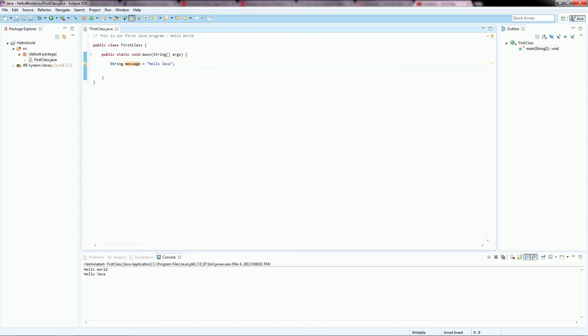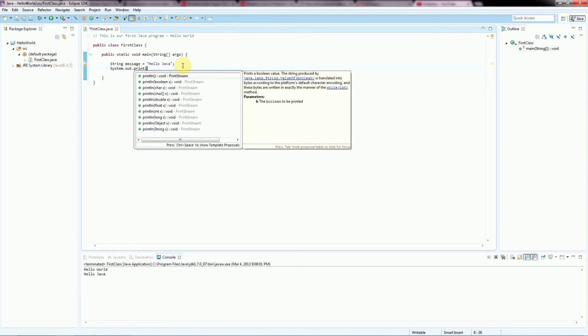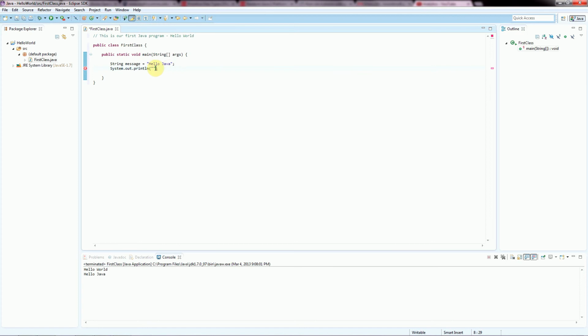So now on the next line, we want to print some information out. So what we're going to do is type system.out.println. The first letter S in system is capital. And since this println is a method, we open set of parentheses. We're going to assign a string literal, so we're going to do double quotation marks. And again, Eclipse is automatically closing the quotes, and it closed that parenthesis for us. And now we want to put something in here, so we'll just say hello world,